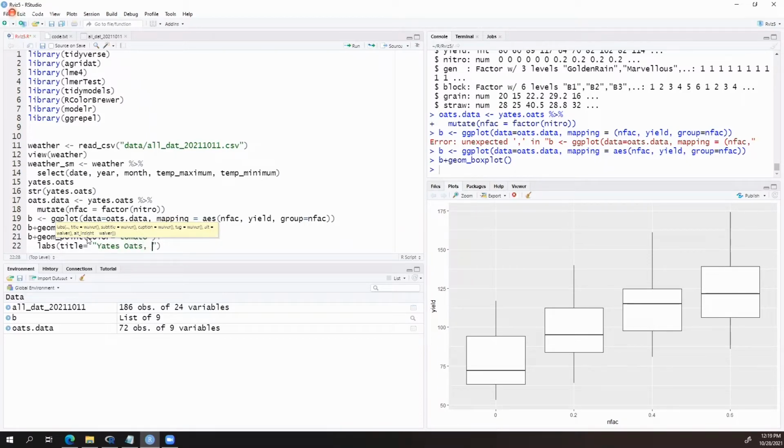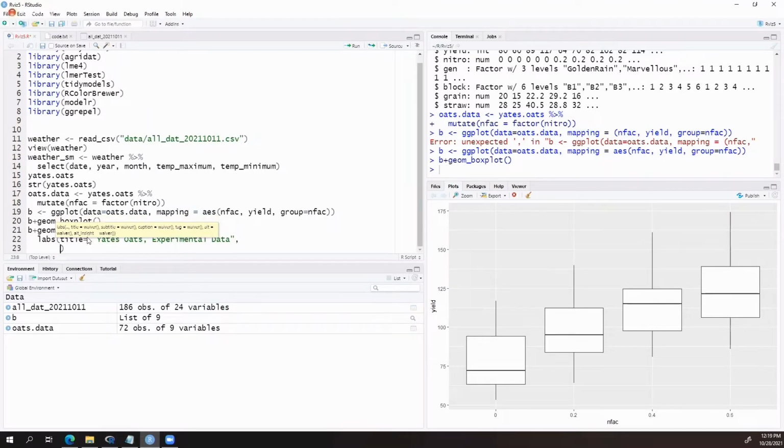We're going to give it a title of Yates-Oats experimental data, and then we're going to tell it we want labels for our x-axis. Again, this is taken directly from the information about the data set, because I've never heard the term manurial before.